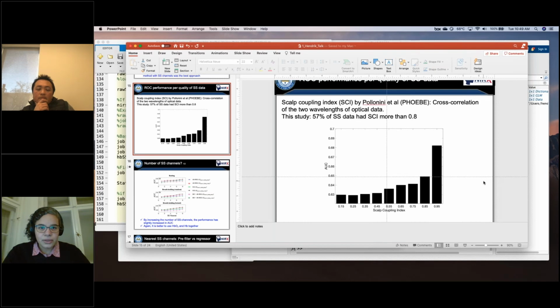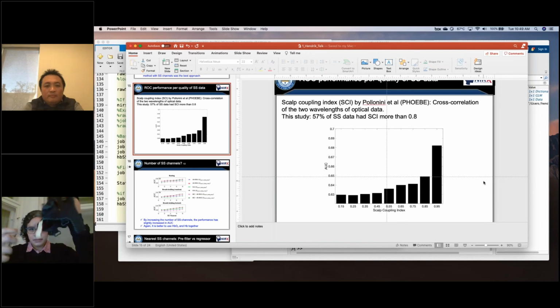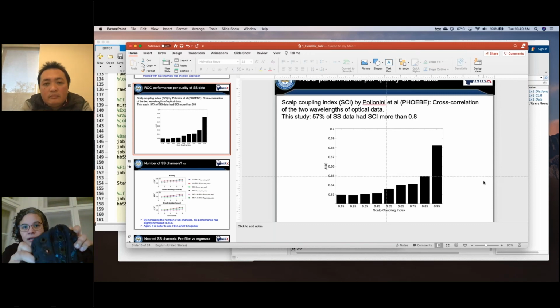You can also talk about your experience, Hendrik, but from our experience, to ensure a good signal and a less noisy short separation channel, for example, here I have a cap with our short channels. You see the cap, the bundle is here, and the short channels are here below the cap, as you can see.